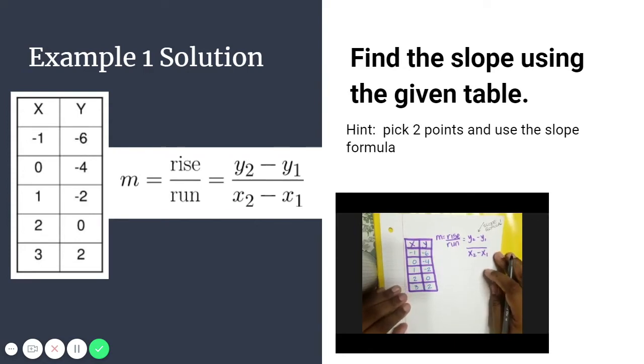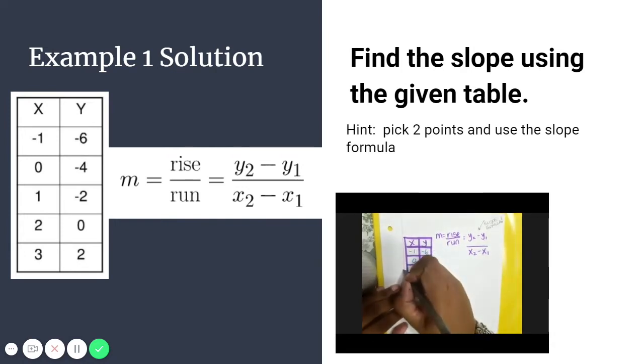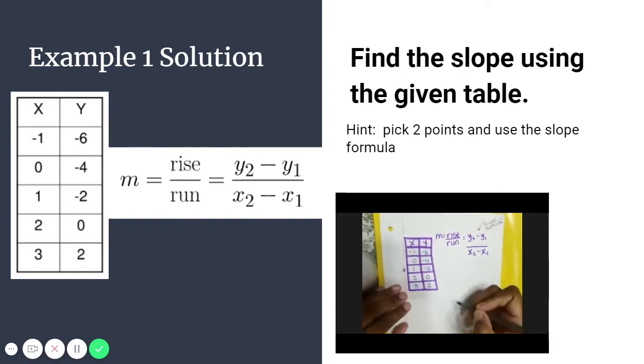So we want to first select 2 points to use in our slope formula. Which 2 points you use is not important. You can pick whichever ones you like. I personally like to pick points that don't have any negatives in them because, as you can imagine, negatives and subtractions can get a little tricky, but it really doesn't matter. I'm going to select this point here, 1, negative 2,